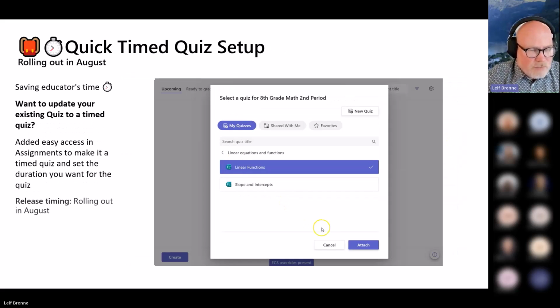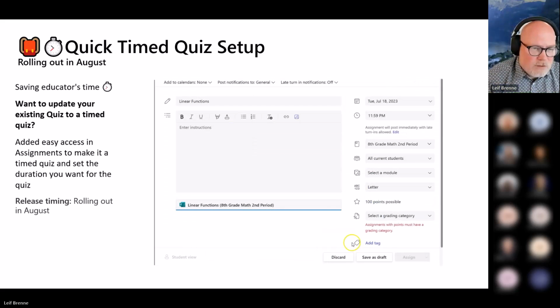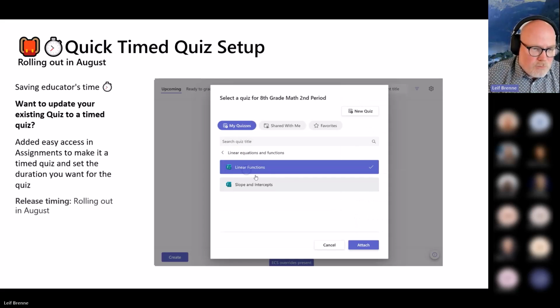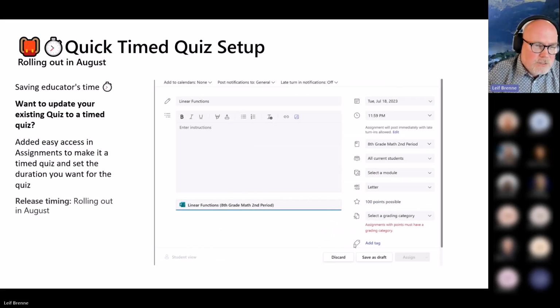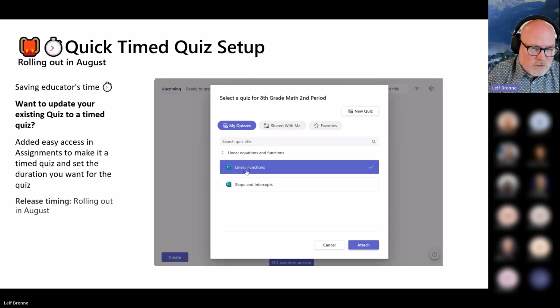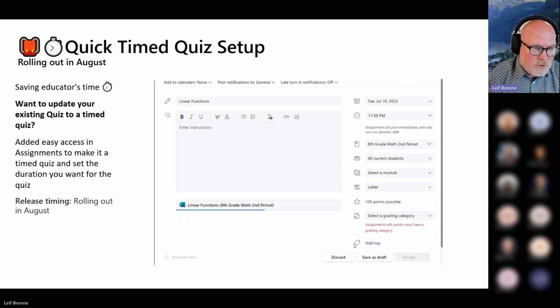Speaking of assignments, we have added in the last couple of months something called timed quizzes in Forms. Basically you can have a time limit for each student, which means that when a student opens up a quiz, it will have a timer to stop the quiz itself. Sometimes it was hard to find, so now you can add any quiz, and we have a new experience in your assignment creation to set the time you want and change it, for any quiz, and make it easy to create these timed quizzes directly in the assignment as well. So that's also rolling out by the end of August.